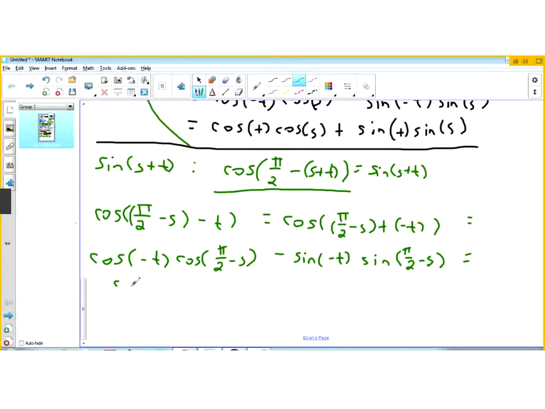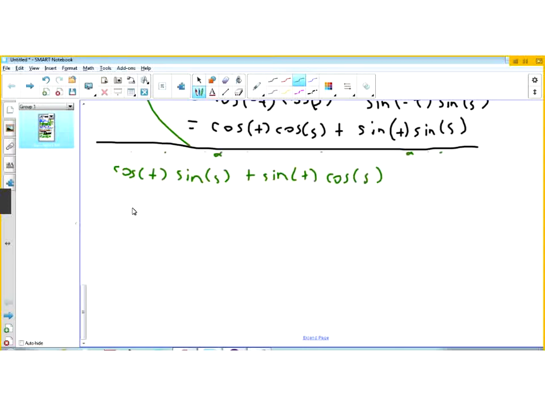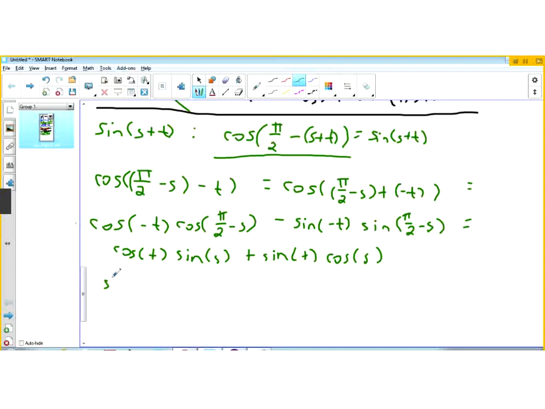Okay, and so cosine of minus t is cosine of t. Cosine of pi halves minus s would be the sine of s. Sine of minus t is just minus sine of t, so we can do this. And then the sine of pi halves minus s is, of course, the cosine by the cofunction identity. So the conclusion is that the sine of s plus t is equal to